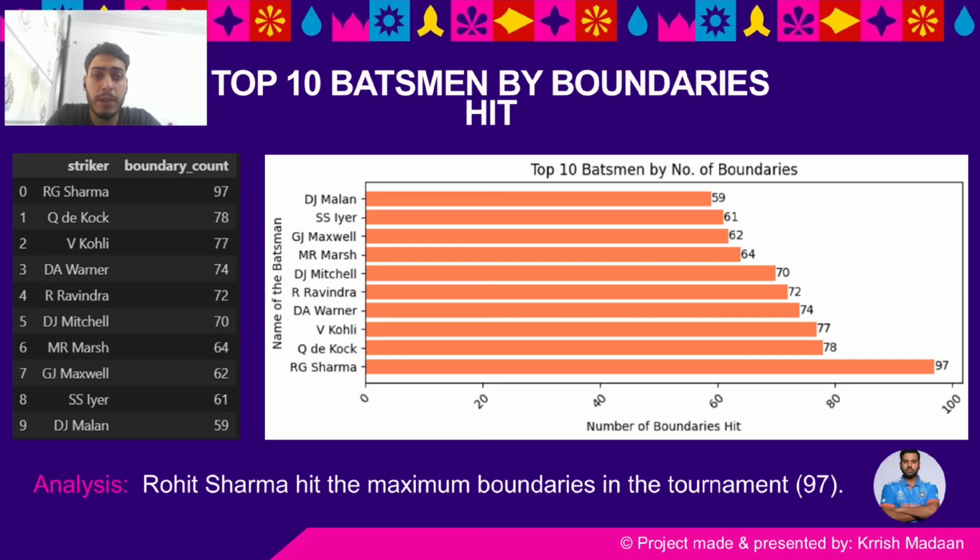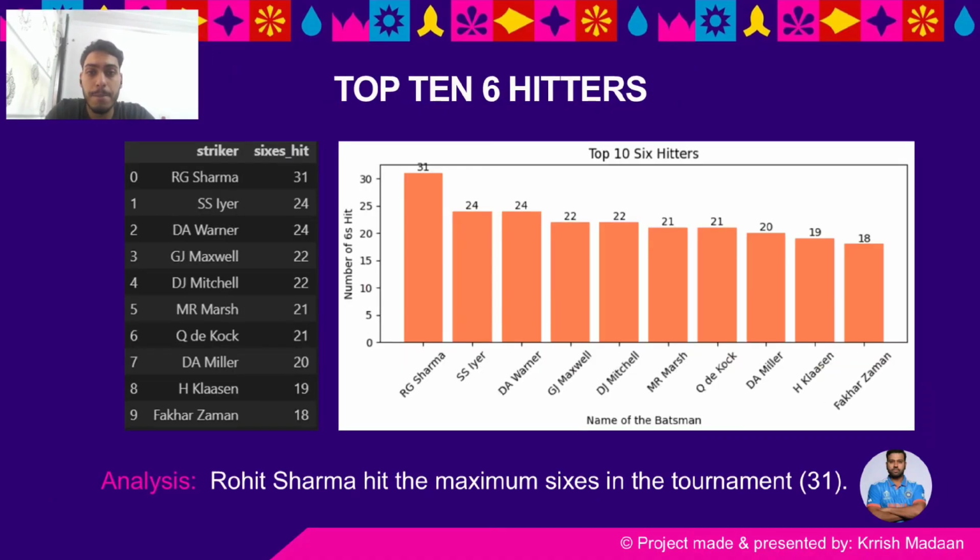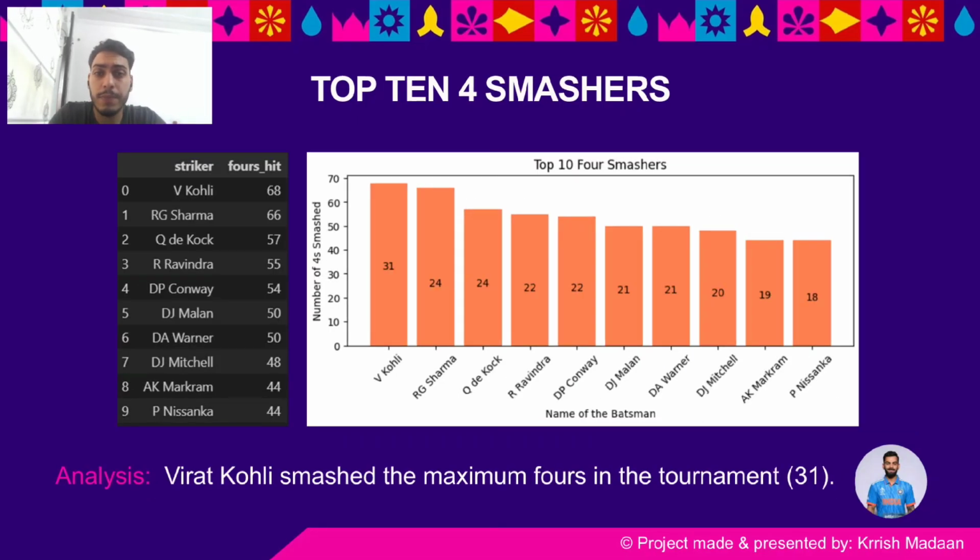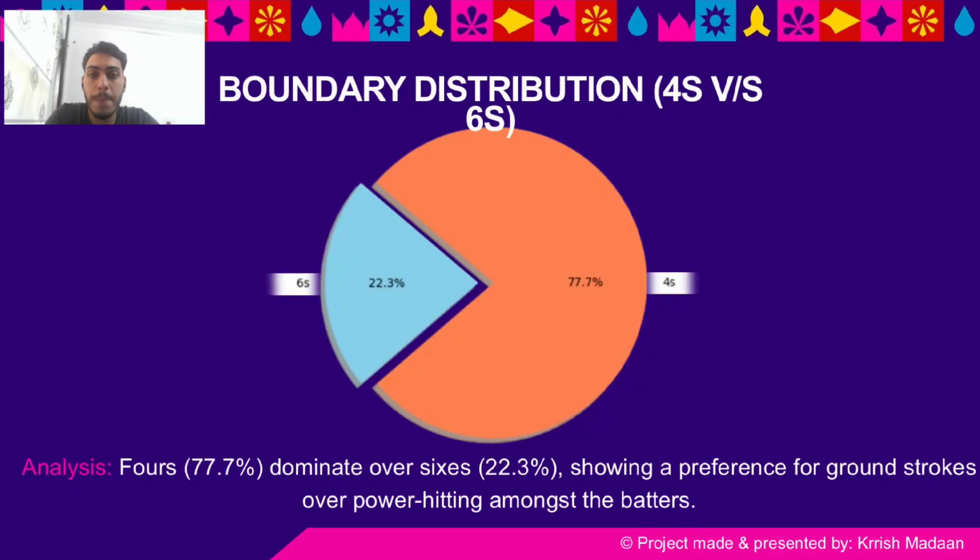Similarly, the top 10 batsmen by the number of boundaries hit. Rohit Sharma leads the list with the maximum boundaries of 97. The top 10 six hitters, and Rohit Sharma again leading the list with 31 sixes. The top 10 four smashers, Virat Kohli leading the list with the maximum number of fours hit in the tournament, 31 fours. Here's the boundary distribution, the fours versus sixes, and it is clearly visible that a major chunk of